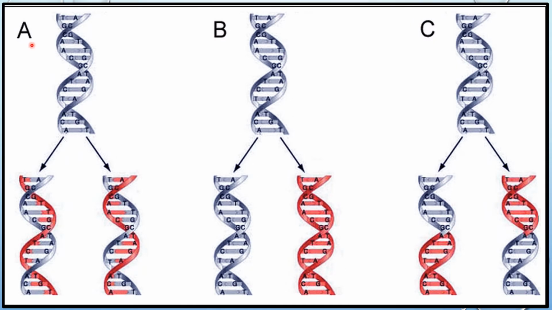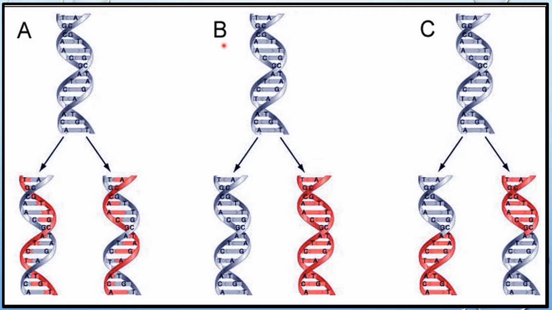Part A of this diagram is explaining the semi-conservative model of DNA replication. In the semi-conservative model, the two strands of the parental DNA separate. Each acts as a model or mold for the synthesis of new DNA strands. In this replication, primary structure has been conserved, whereas secondary structure has been disrupted.